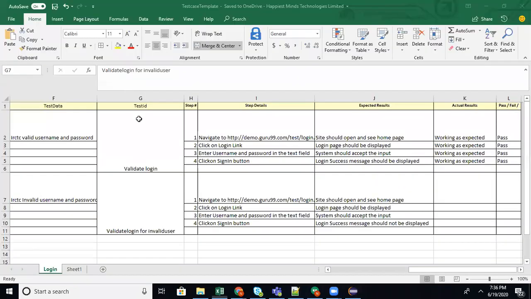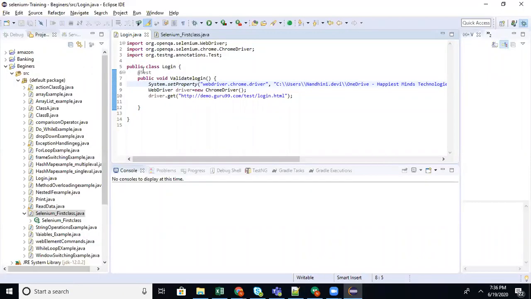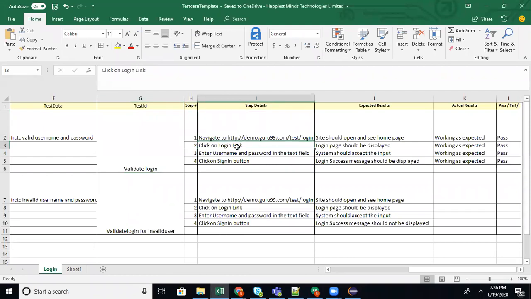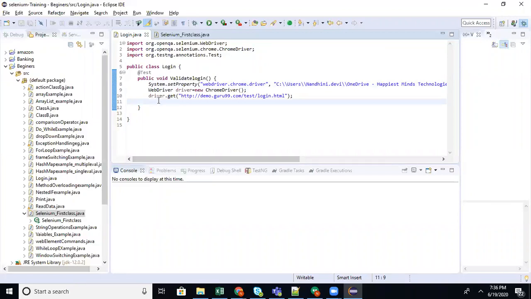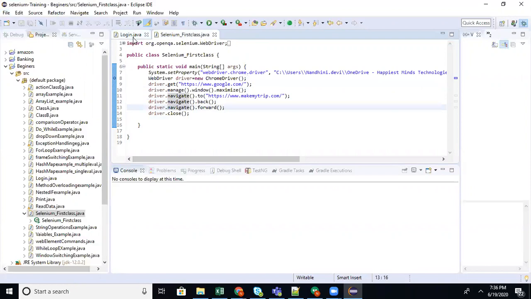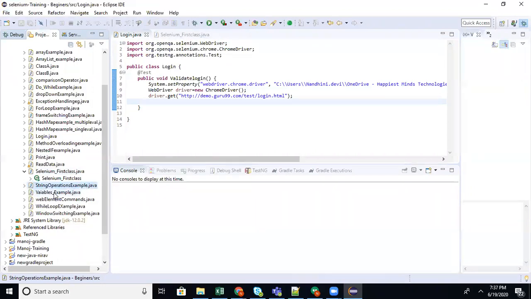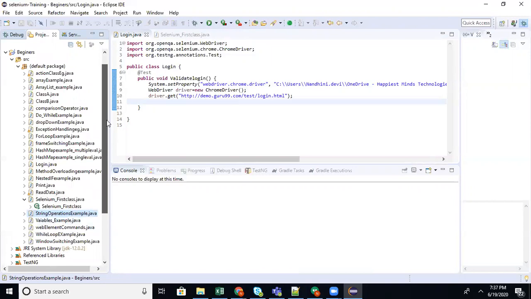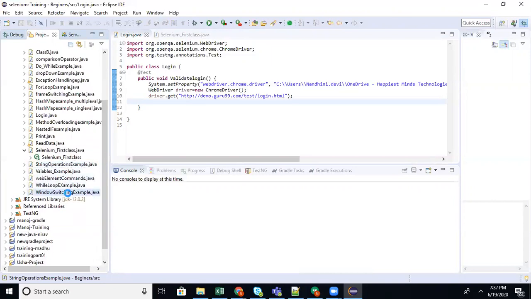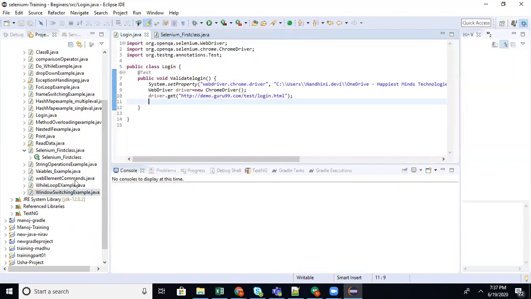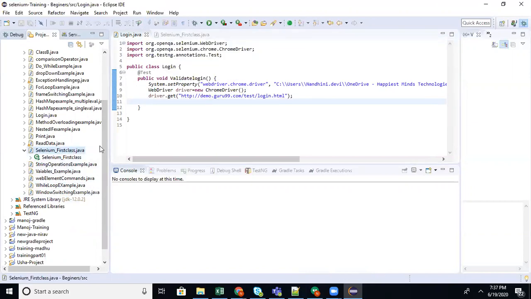What I have done is first I created a method validateLogin with @Test and I am doing the step-wise thing: click on login link, enter username and password, click on sign in button. All these steps I'm going to write here. I think we already wrote them somewhere, so I'm checking if we can just copy paste those things instead of writing again.